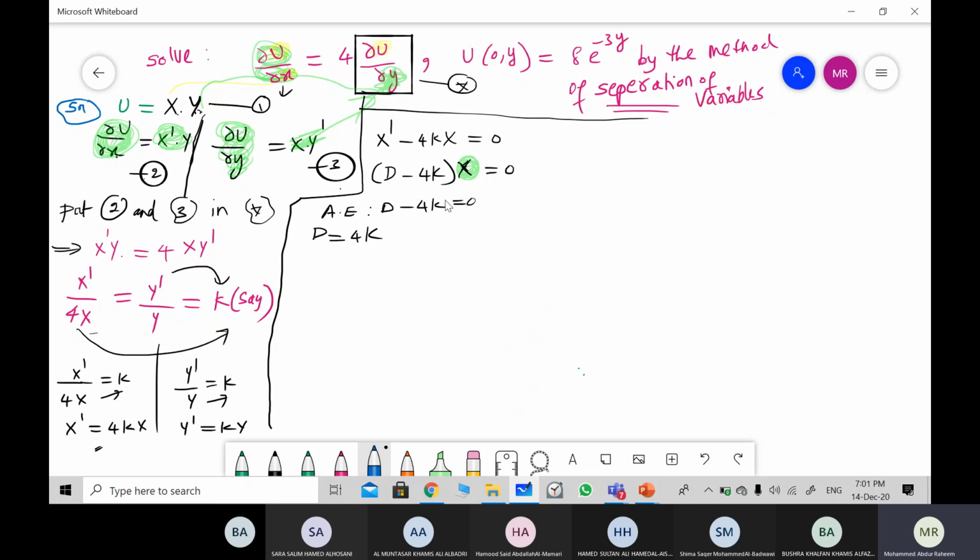How much is here? X. That means X is XC, the complementary function. Because here it is 0. If here 0, what is the rule? Chapter 4. Enough XC, complementary function. No need for particular integral because this is 0. Now just C1 e power the root. The root is 4k. And what I need to write here, that is a challenge now. How much is that?